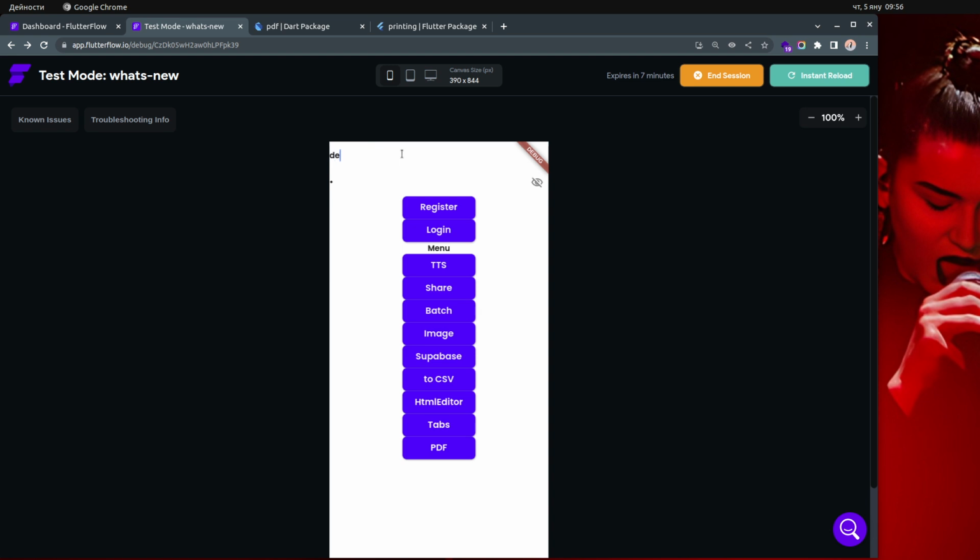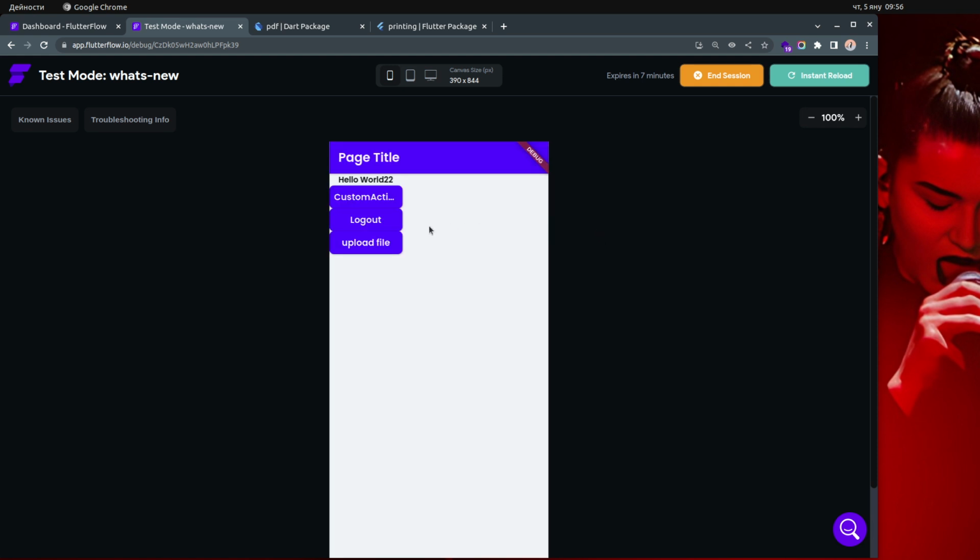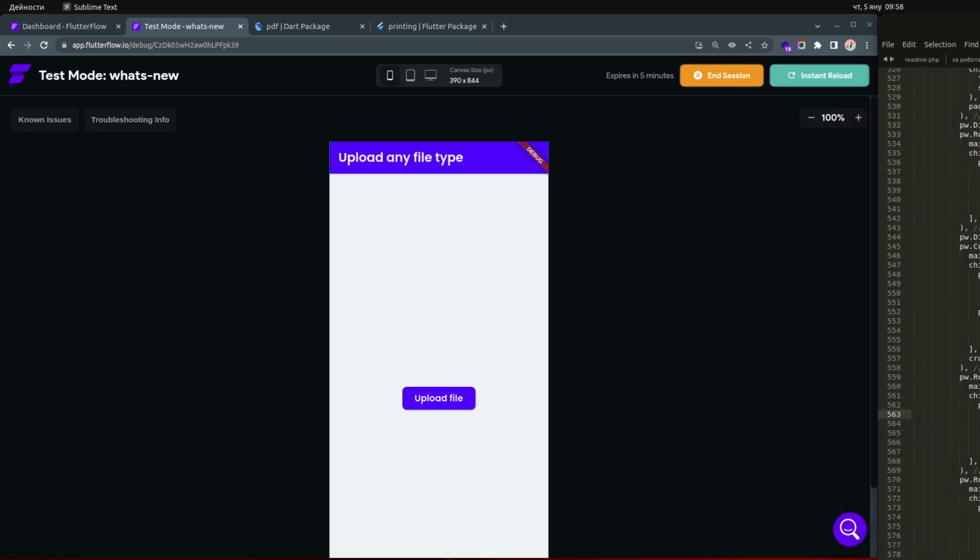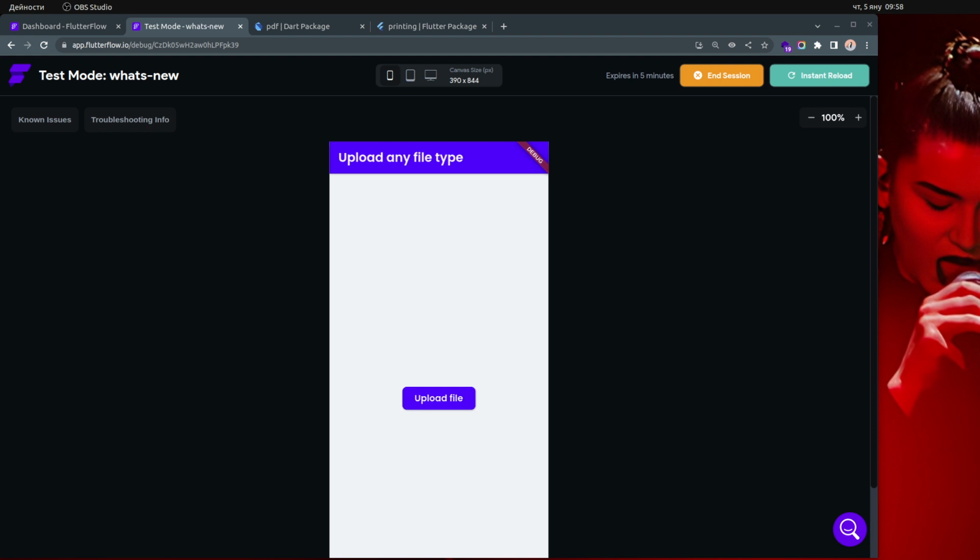log in. If you don't log in, you are not able to upload any file to Firebase. So before that, you need to log in. Let me log in with my demo account. Then when I'm done, I should be able to go to upload file. And when I click upload file, right now, because I restricted only members to be able to upload